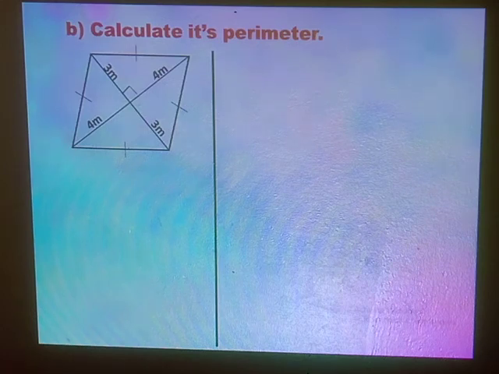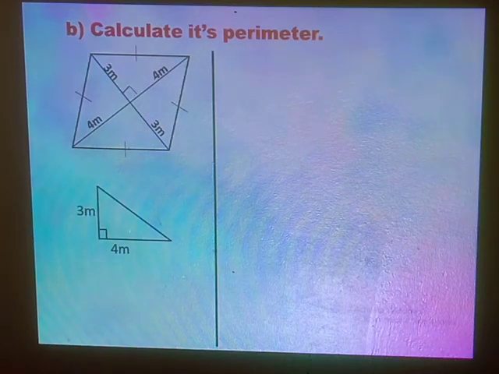For us to find the perimeter of our rhombus, we need to get the length of each side of the rhombus. So looking at what we now have, we need to pick out one right-angled triangle from our rhombus. And then from there, we shall be able to apply Pythagoras theorem to help us get the length of each side. So if we pick one right-angled triangle from our rhombus, I believe we shall be able to come up with that right-angled triangle,